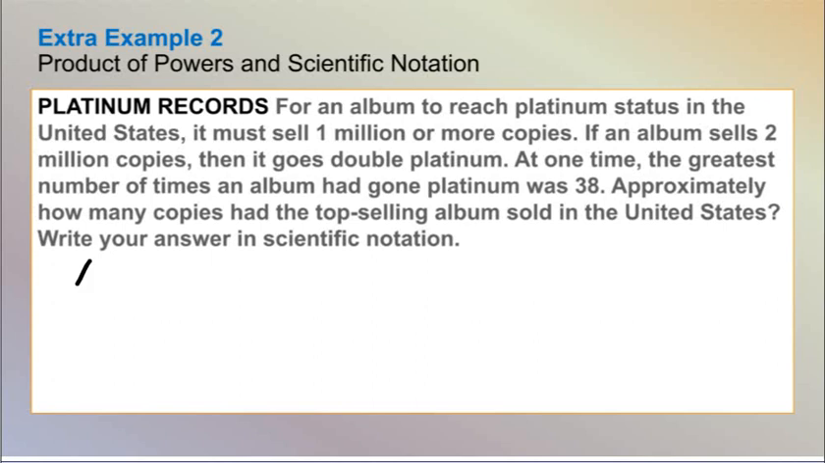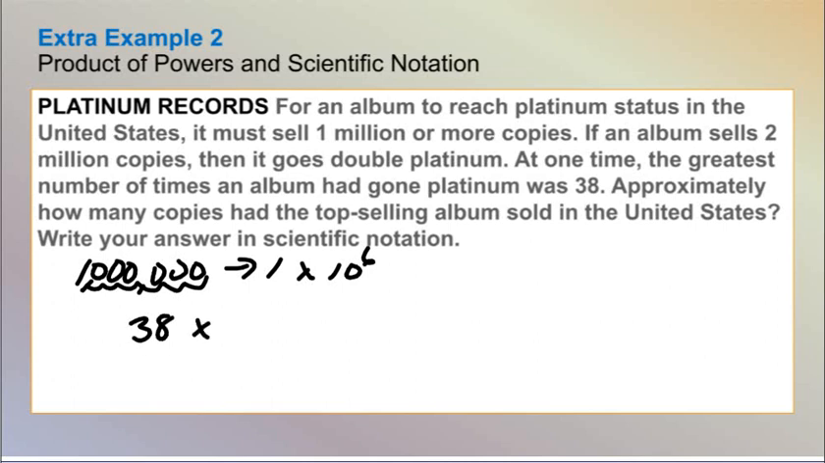So we have the number 1 million to go platinum. This can be rewritten as 1 times 10 to the 1, 2, 3, 4, 5, 6th power. If you sell 1 million copies, that's platinum. This one has gone 38. So if I have 38 times 1 times 10 to the 6th power,